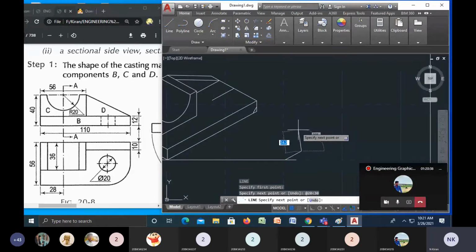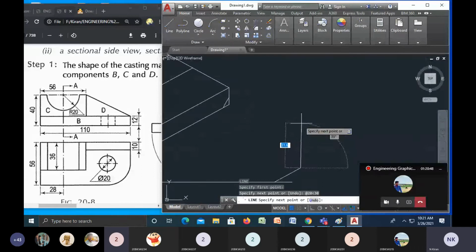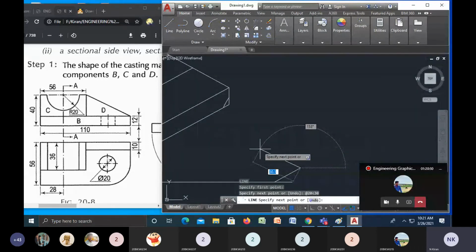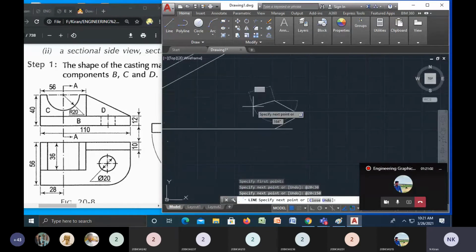And iso top means what is the angle I have to give now? What is the angle I have to give in the iso top? Previously I have taken 90 because it was iso right. 150, sir. 150, yeah. Shift at the rate 20 angle 150. Now what is this angle? Shift at the rate 20 mm. Angle 210. And C enter.